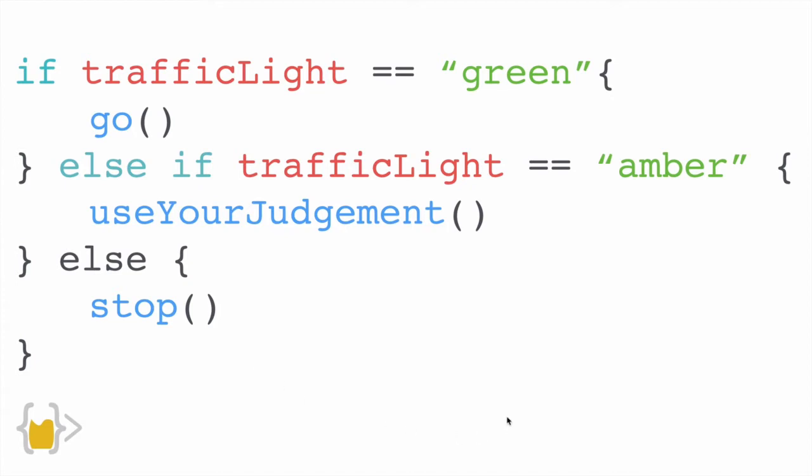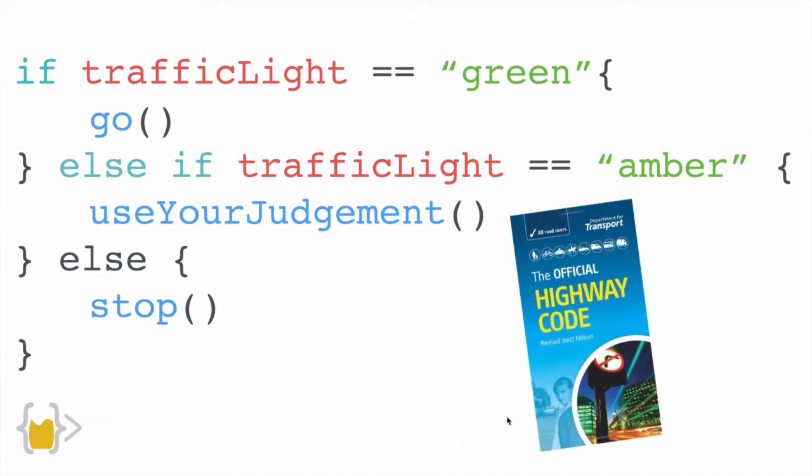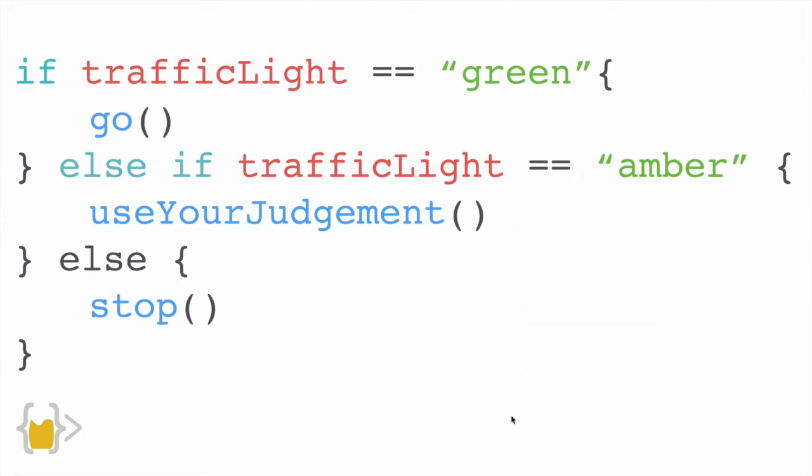So I'm not sure about the highway code, but at least when I drive, if it's amber, I just press the gas pedal, and just as long as there's nobody on the road, I just go. Now, don't trust my word. Read the highway code. But if we convert this condition to code, then we're saying that if it's green, then